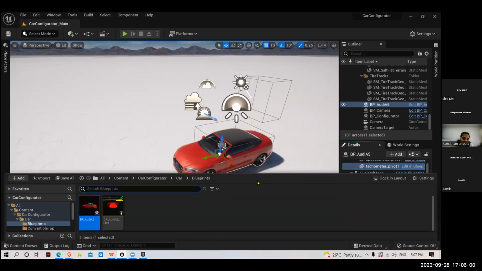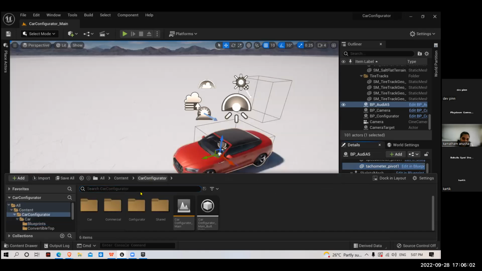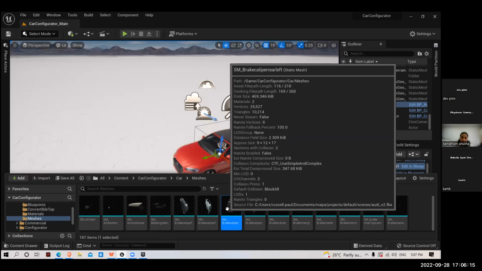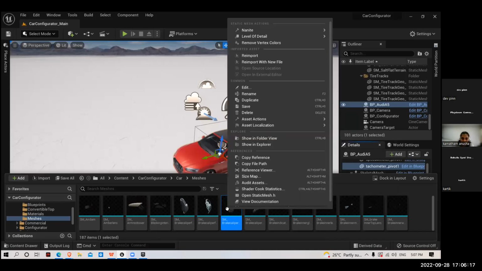If you want to import any meshes, here you can see these are the different parts of this. So if you want to export particular assets to another project, what you will do